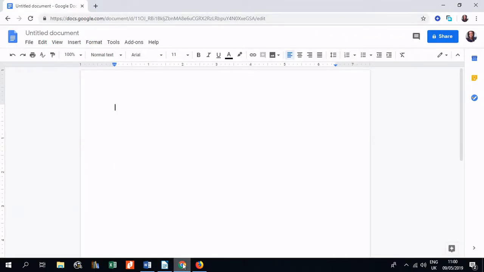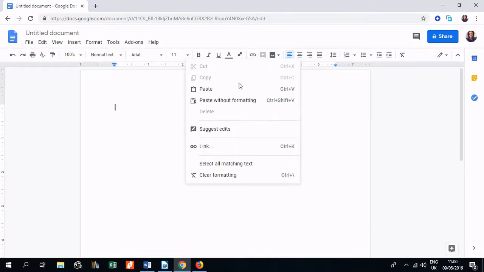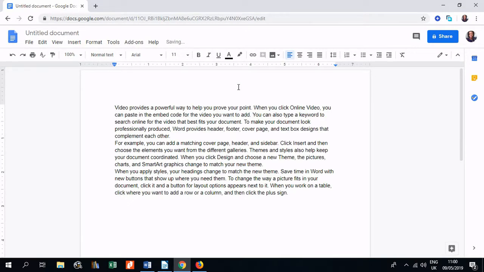And in Google Docs, let's see how this works. Control V. Right, we can use the commands as well in case the keyboard shortcuts are problematic. So we have got the text. The text has come in as Arial font size 11,